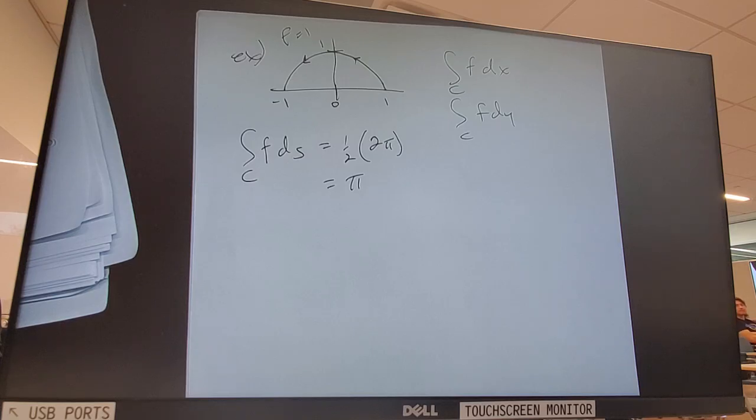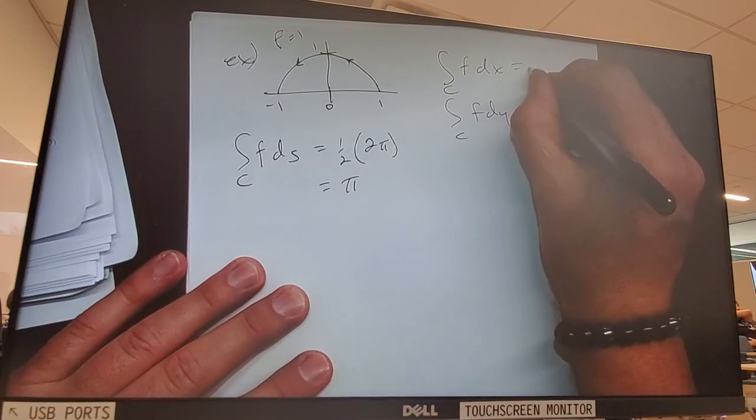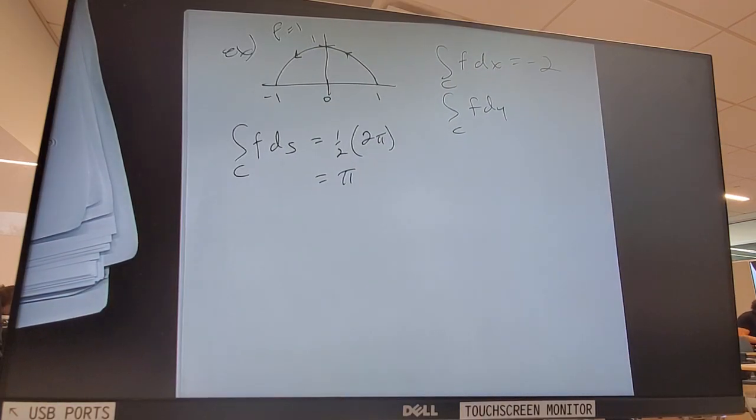All right, let me see if you guys are cool with this. As I move along that path, I'm only considering the x motion. Does anyone have a guess as to what that would be then? Close. Don't overthink it. This will be -2. Because where did x start? 1. Where did it end? -1. So it is literally the length I move just considering the x direction.